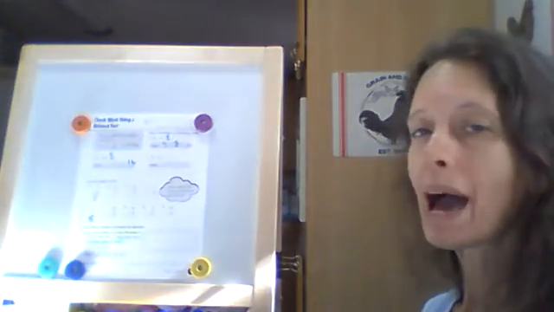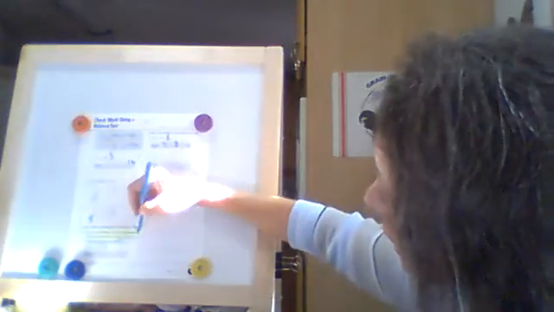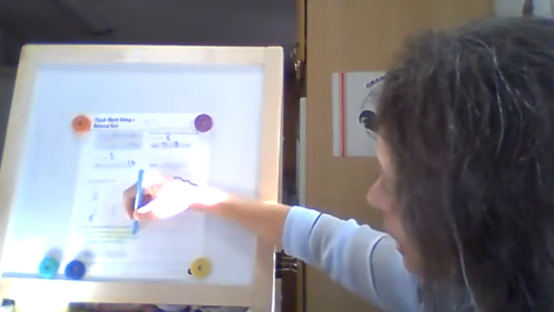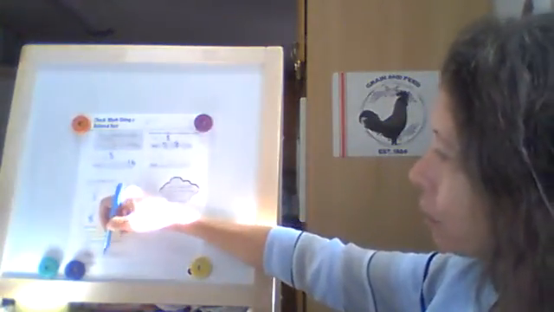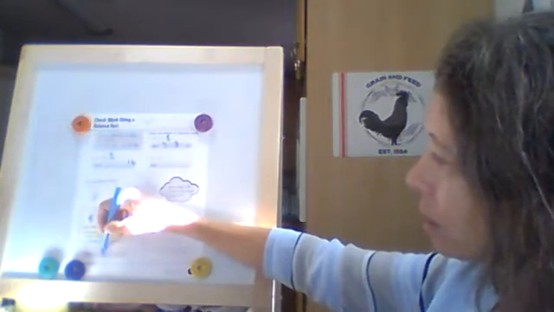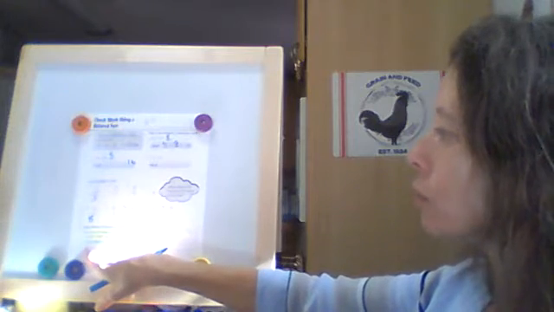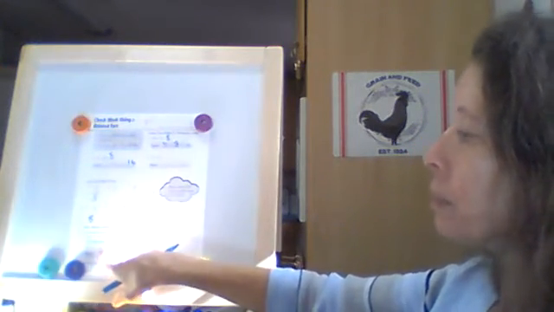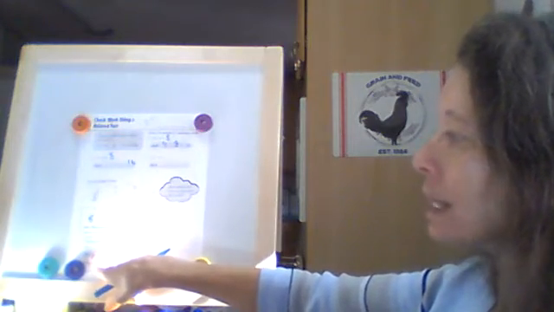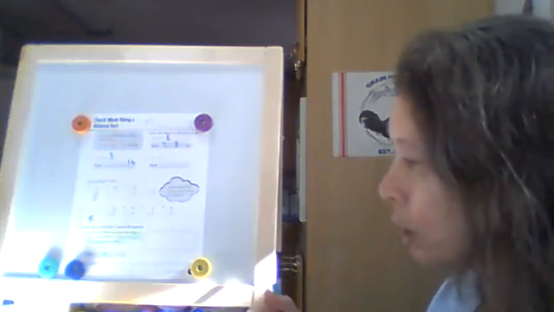Now I'm looking for a math word. This is going to tell me whether I need to add or subtract. And here's my math words. Many more. Many more means to subtract. So in the end, I'm going to subtract right here. But it's asking me how many I need to add to get this number. But the best way to do this, if you're missing an addend, is to subtract. And so we're going to use our